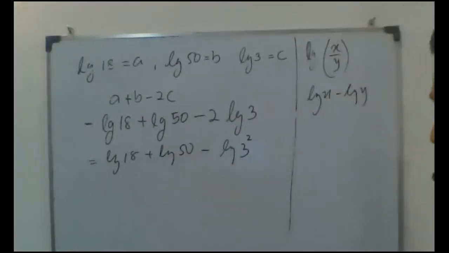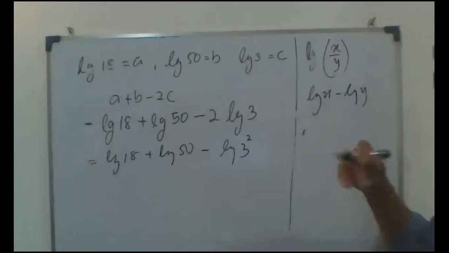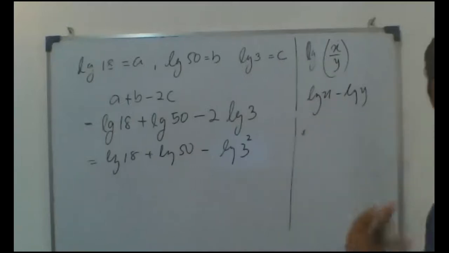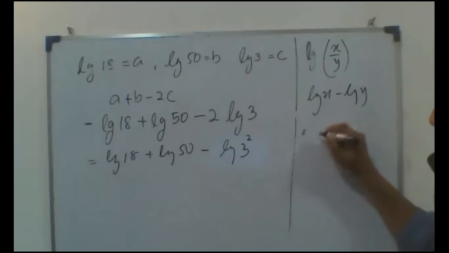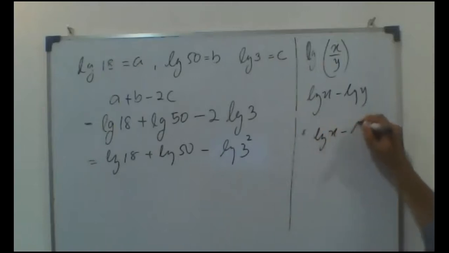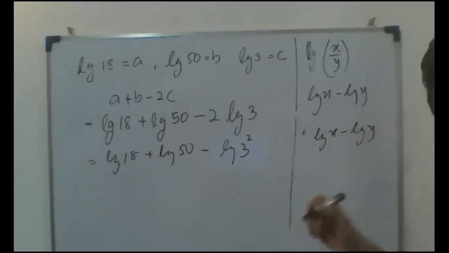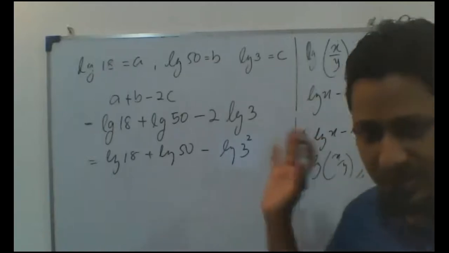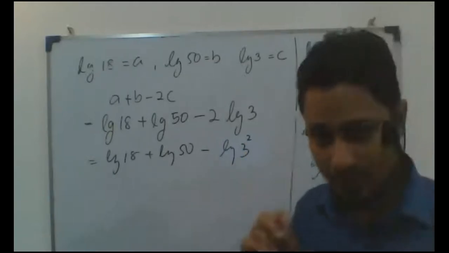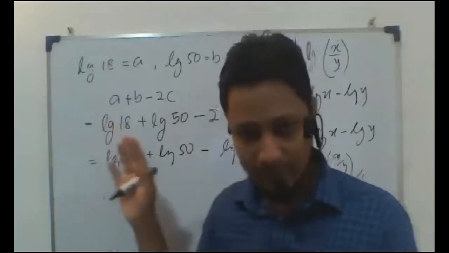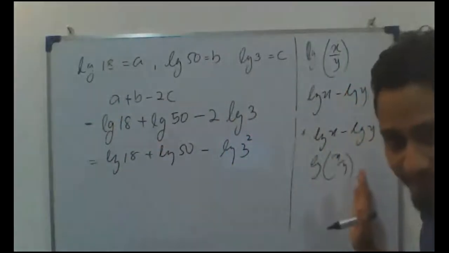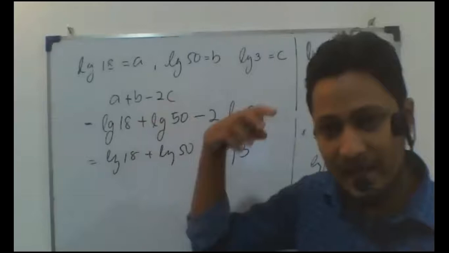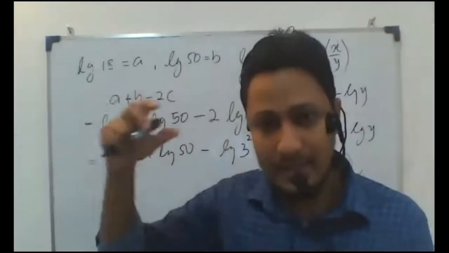Now we'll move to the next one. When I have the other side, the inverse of that, the converse, we have LG x minus LG y. If you like, you can write it as taking LG as common, LG of x divided by y. I hope you understood. This is not hard, even you studied it. Now I'll come to the point, according to my question. Here, this is division. I revised it for you, the earlier basic part.